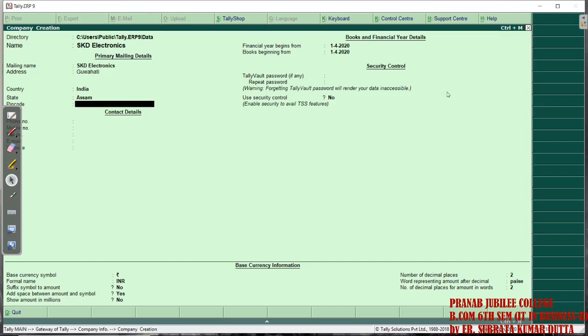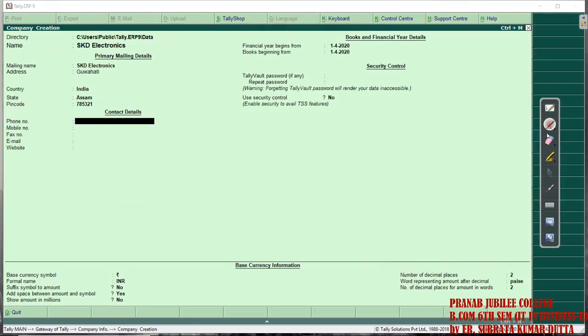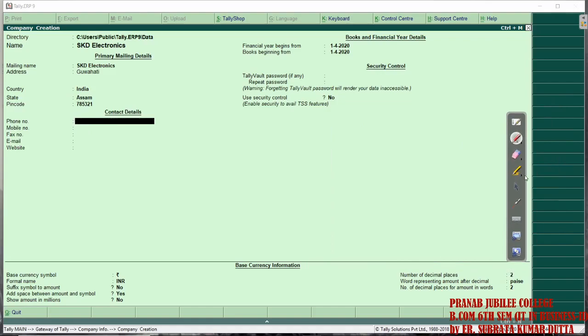Then you can give the pin code, then the mobile number. So all the details, contact numbers, you can give.